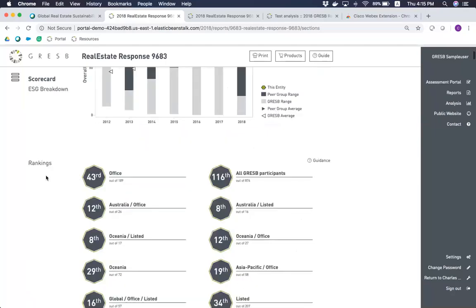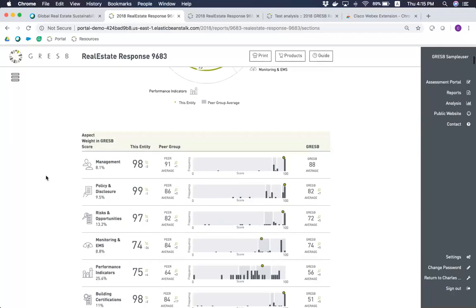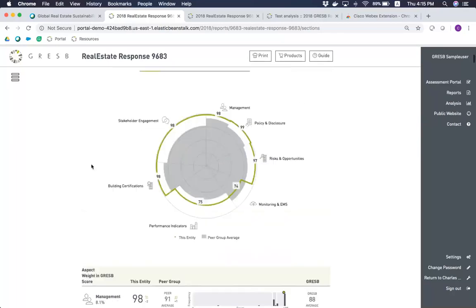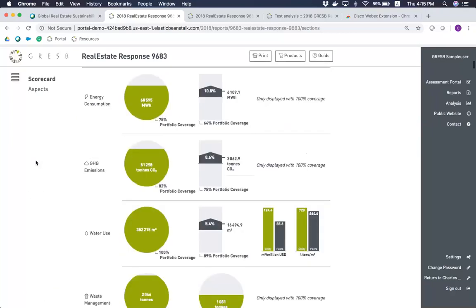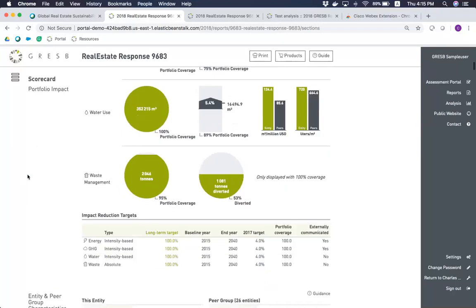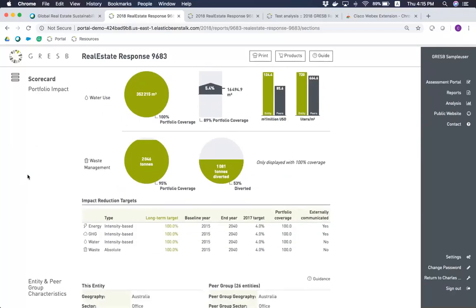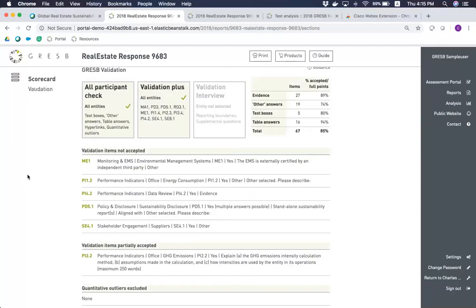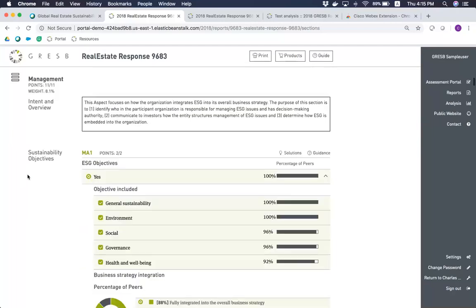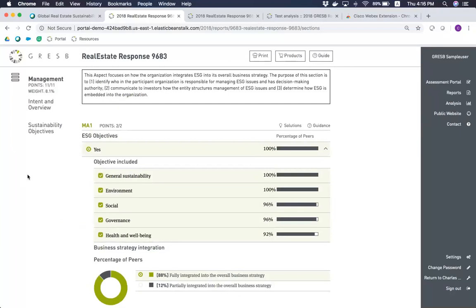And then you have, finally, if I keep scrolling down, this is a lot of metrics. This is also score per aspect, for example, aspects being thematics that we use. A lot of quantitative metrics coming from the performance indicators aspect. And finally, the last thing I wanted to touch on is the actual indicators as well. So on top of all these metrics, you can see that you have the breakdown per indicator of each indicator responded to by the